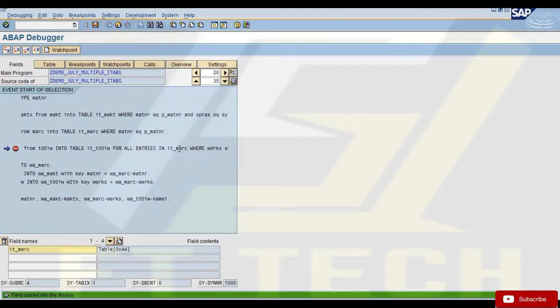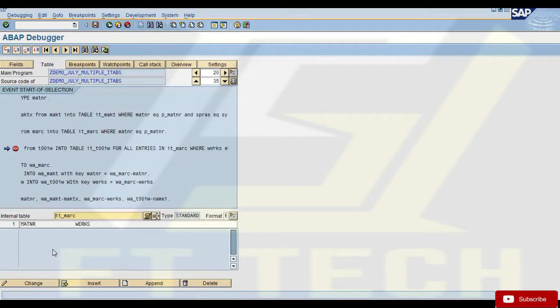Now, if you see, right now IT_MARC is empty. There's nothing in IT_MARC. So I'm asking the system to scan an empty internal table in FOR ALL ENTRIES. What happens? If you use FOR ALL ENTRIES and ask the system to scan a table, and the table is empty, then the system will behave as if you have written this select statement without any where condition.